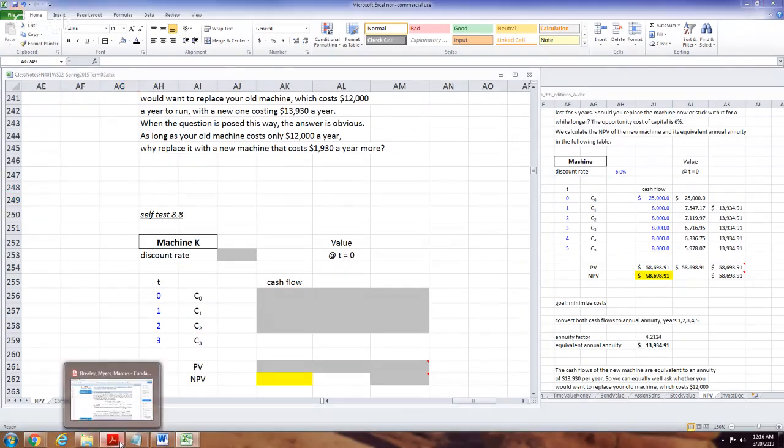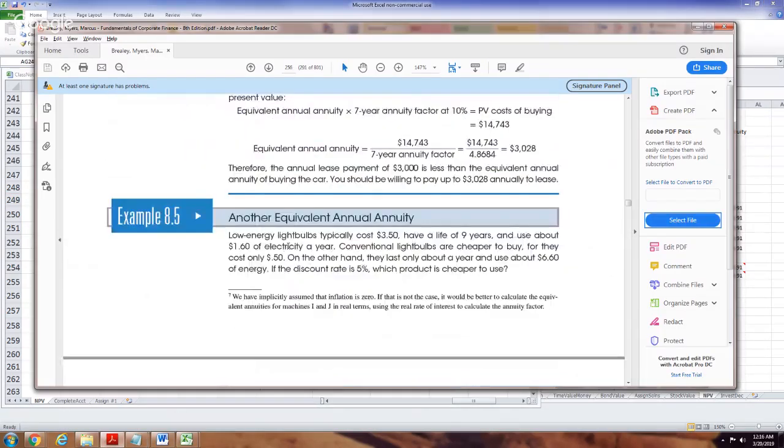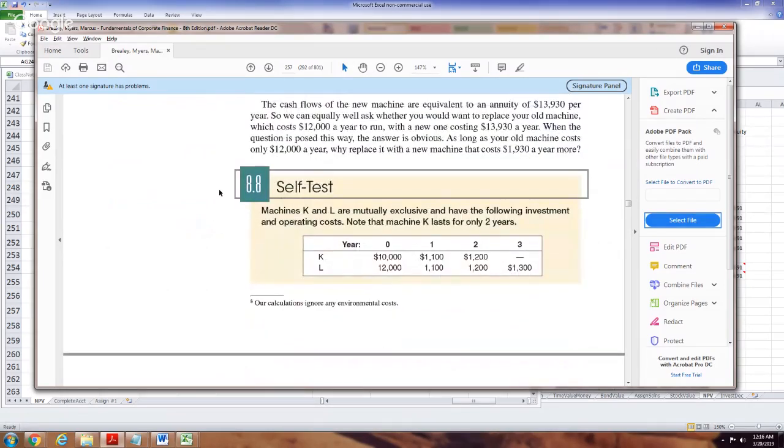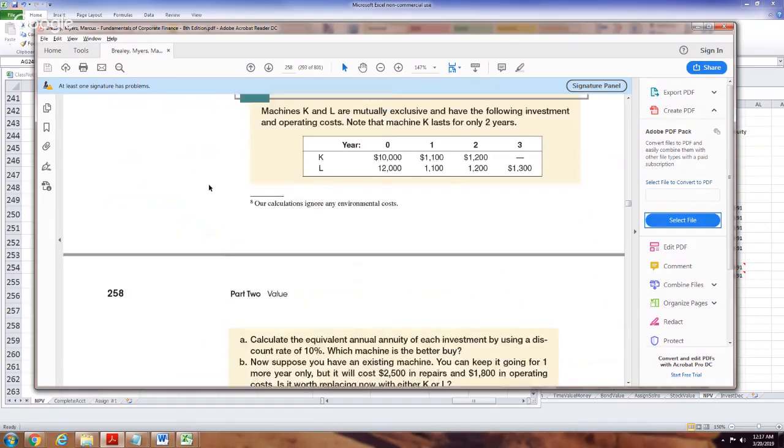We're up to self-test 8.8. Yeah, I did the light bulb one. We did that, the old machine, we just did that. So we're on our last model in the net present value chapter, our 6th video. And like I said, this is the first chapter I've really done an end-to-end set of videos on the lectures, not just working out the problems. So the online folks, watch all the videos. It's probably a good 5 or 6 hours of videos. Then apply that learning to the homework.